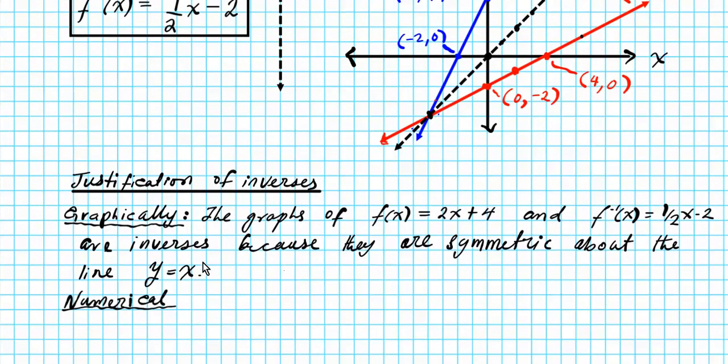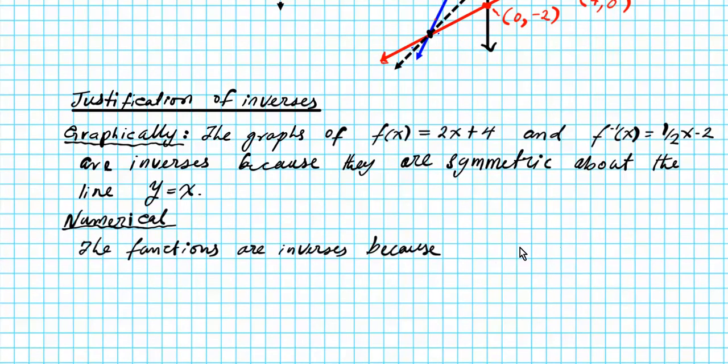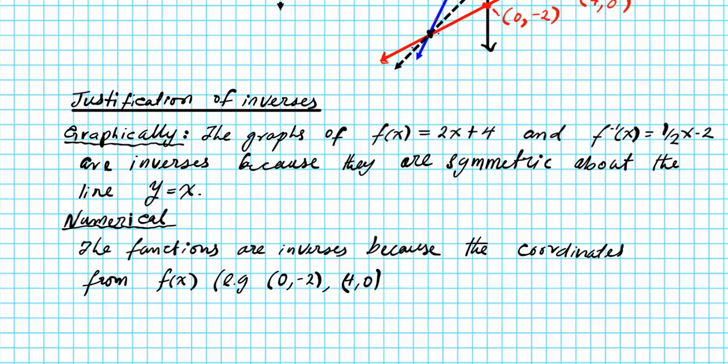Okay, so let's go ahead and write that down. The functions are inverses because the coordinates from f of x, let's just put in some examples, for example 0, -2, and 4, 0, are switched